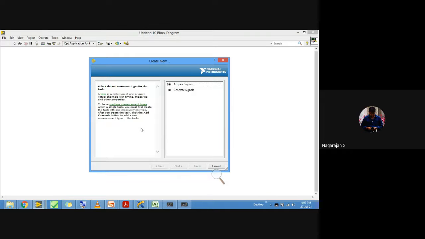This is the difference between acquire and generate. Please don't get confused. Now when I expand acquire, I have